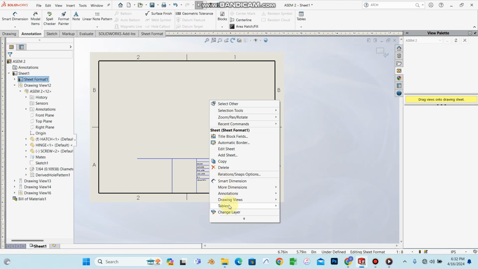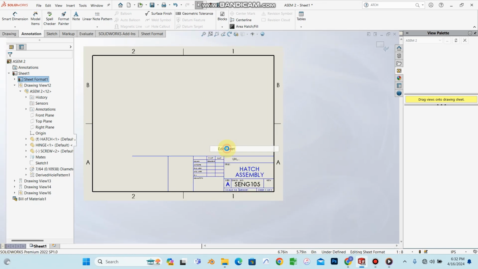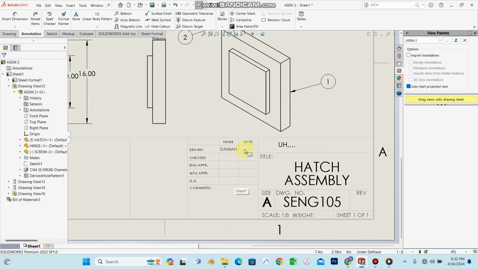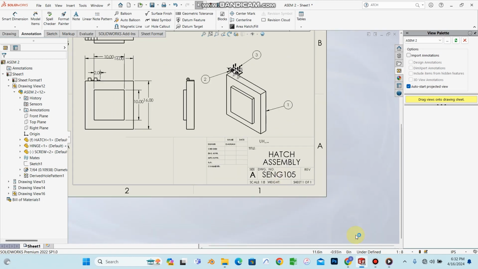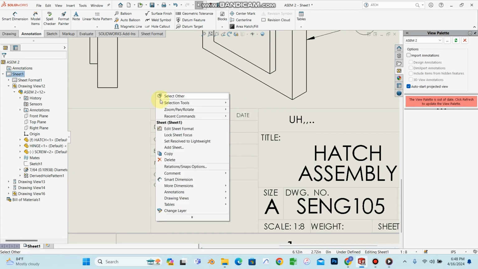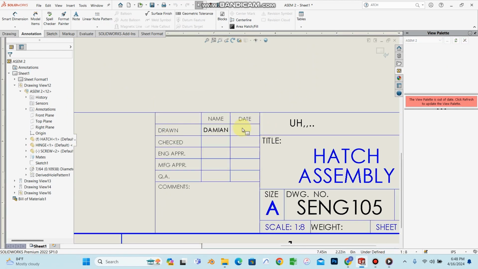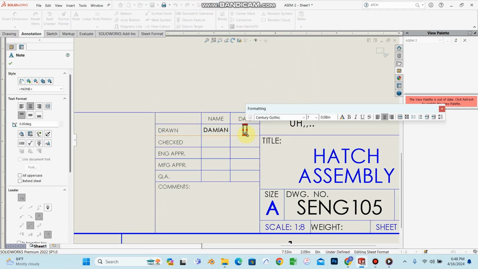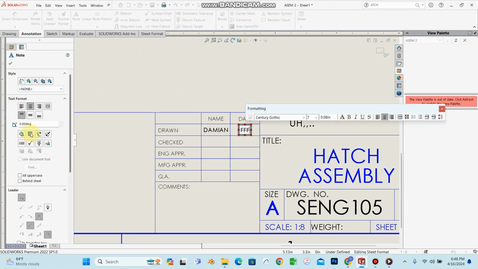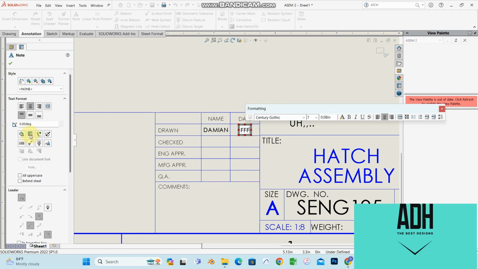Okay, let me go back and show you what we have. Right click, go back and click on edit sheet, so you have back everything. Okay, so I'll show you how to add the dates and then the weight too. To add the date, right click on any empty space and click on edit sheet format. Now double click here and then type in anything, and then come to the properties manager on your left hand side,